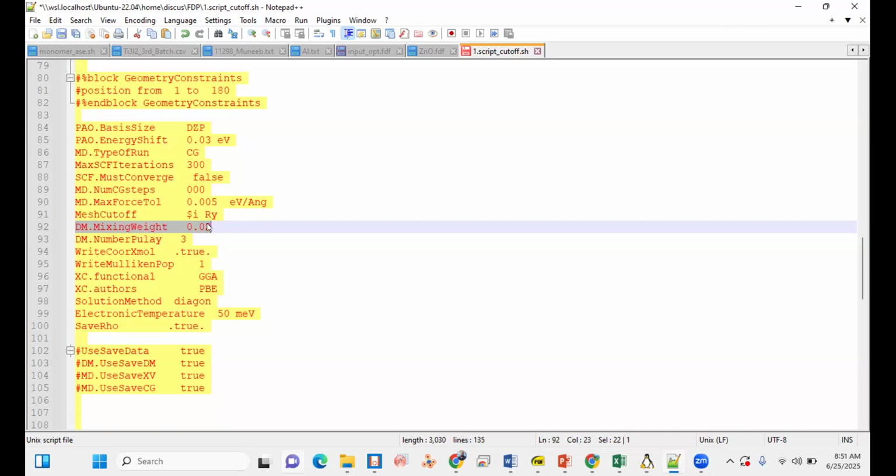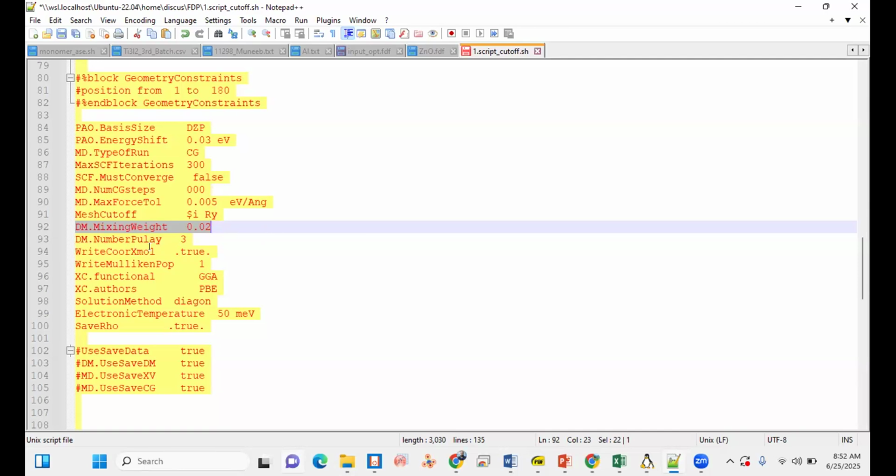So if you increase this value, basically it will take the old one. If you decrease this value a little bit, it will totally depend on the new one. So decreasing this value totally depends on the new one. That will definitely increase the computational power.